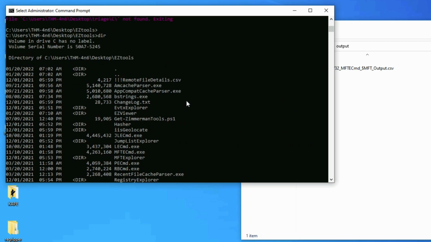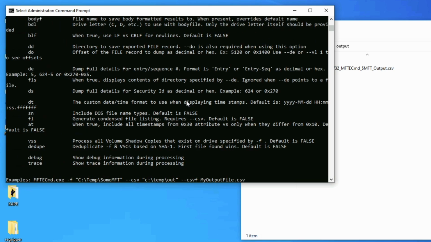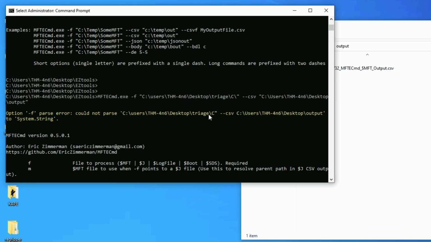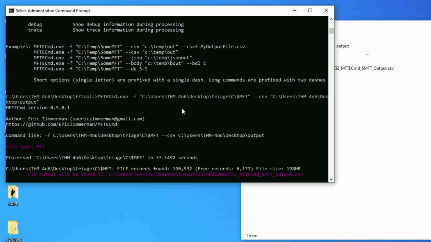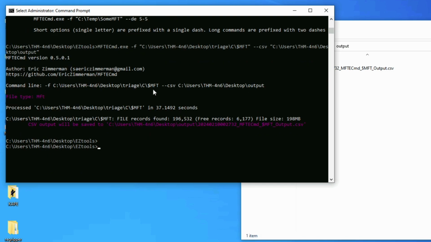I tried that several times, and I tried a bunch of different troubleshooting before I realized that I was actually missing the file itself. So the first part is, when you do this, make sure that you include the $MFT at the end of your path, and then make sure you press enter a few times